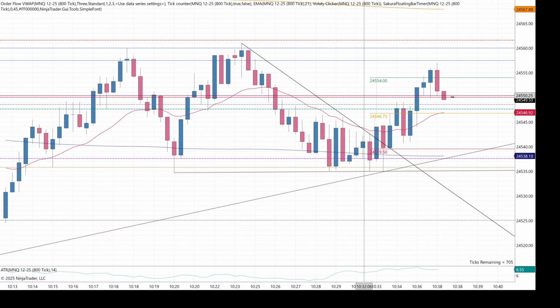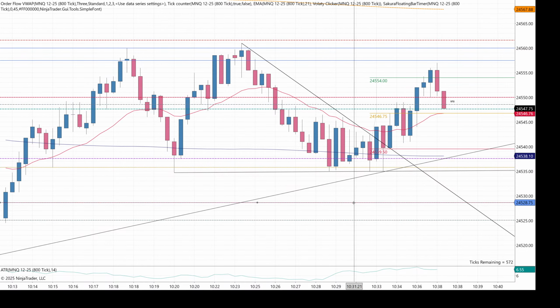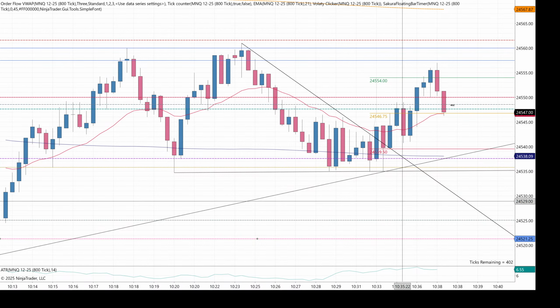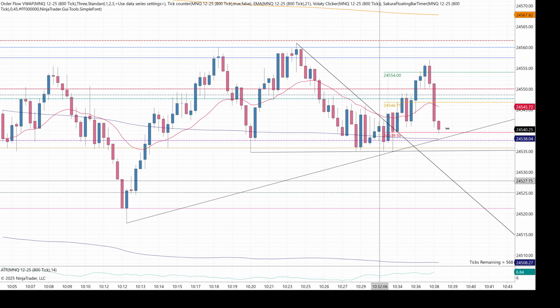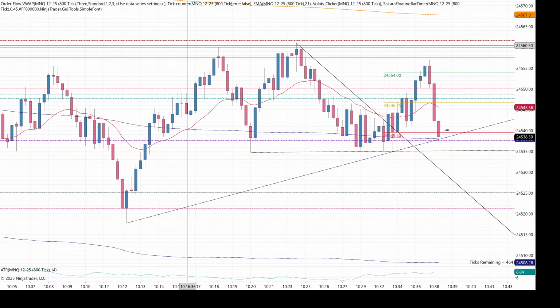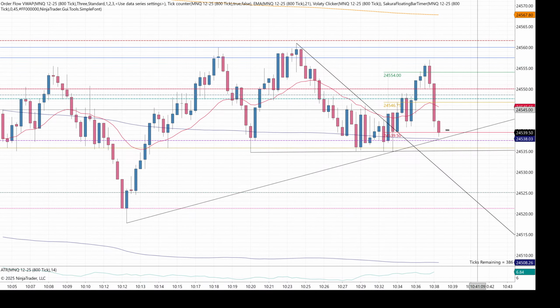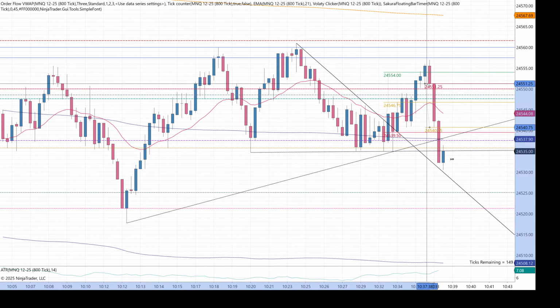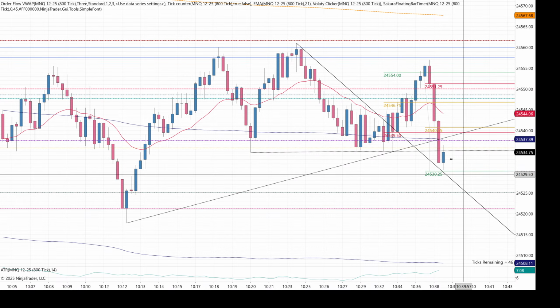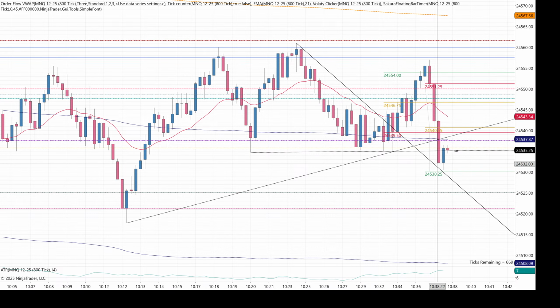Okay, runners out. Man, I was kind of right about the range, right? Kinda. This did trigger lower, but we have all that support right there. And the seller said, we don't care. We're just going to go right through it. I don't know how they're able to do it so much faster than the buyers today.